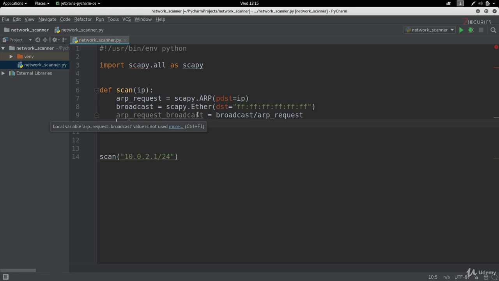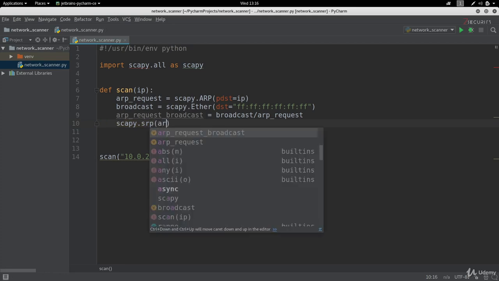Again, we're sending this packet because this packet contains the combination of the broadcast and the ARP request, so it'll automatically go to the broadcast MAC address asking for who has the IP that we pass as a variable. So the Scapy function that we'll use to send this packet is called srp. So we're going to do scapy.srp, and we'll put the name of the packet that we want to send, which